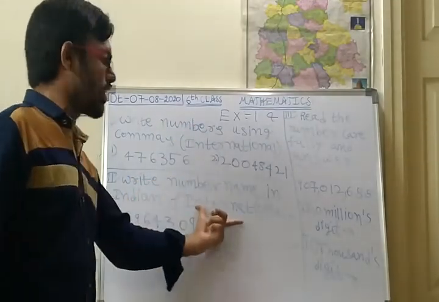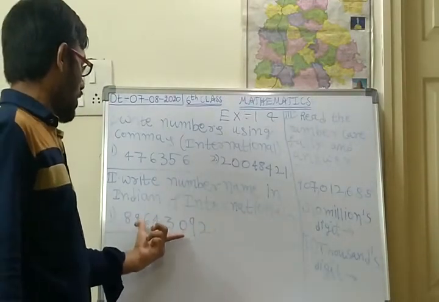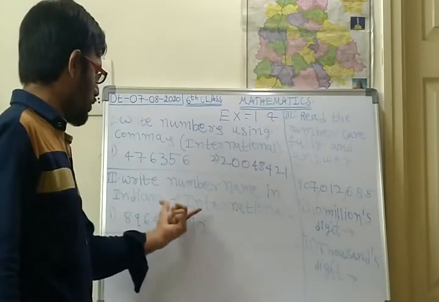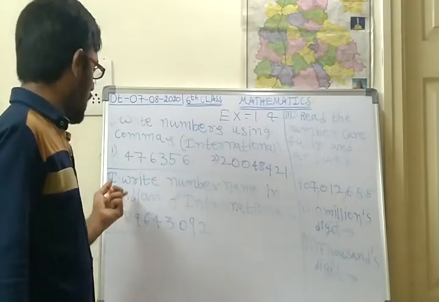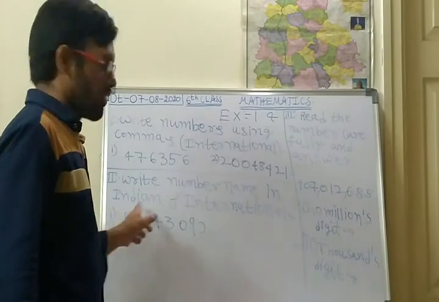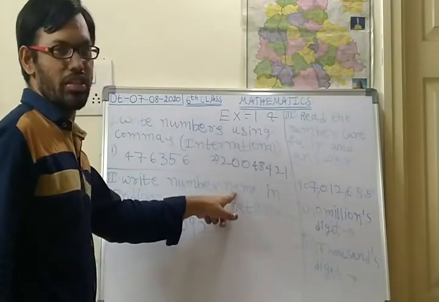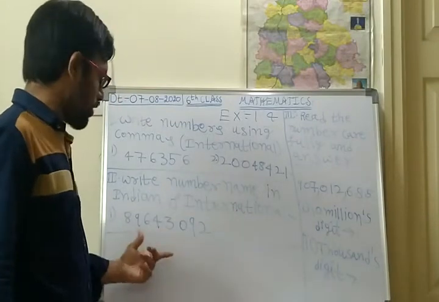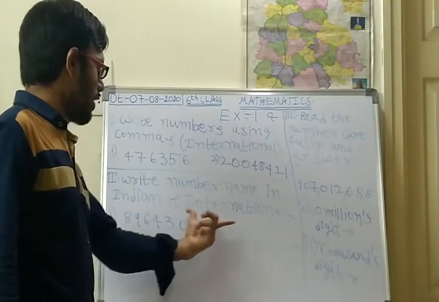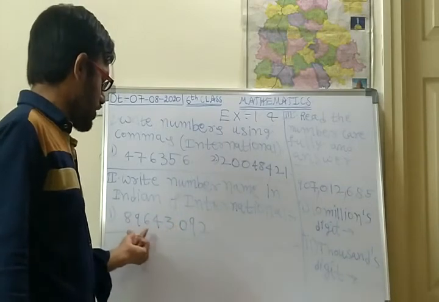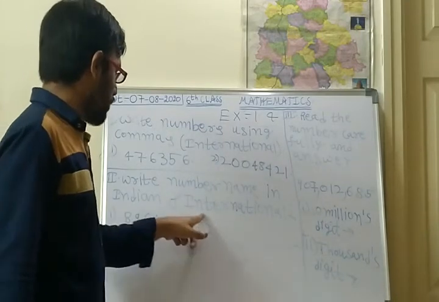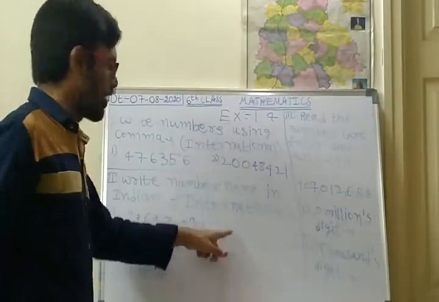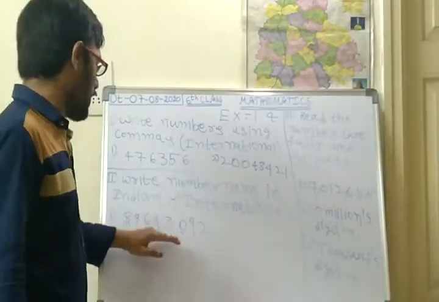So first place the commas. After placing commas in the Indian system, you write the place names and the number name in the Indian system. So one is completed. Next, in the international system, below that, you write this number again, place the commas according to the international system, write the place names and the number name in the international system. Like this you have to do for this problem. So this is the second bit.